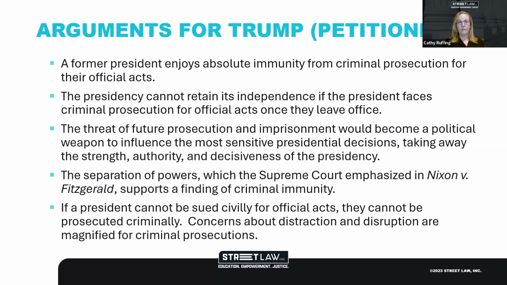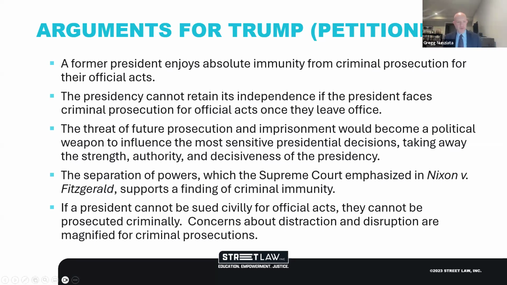So I'll let Gregg give voice to the arguments for Trump. He's not going to be able to talk about every single argument. So I've asked the experts to highlight the ones that they think are most important, or the ones that ended up being most relevant to the decision. So you might not hear every argument that is on the slide voiced, but these are arguments that you will find in the case summary.